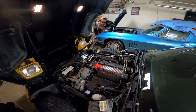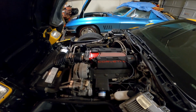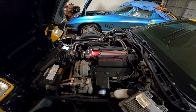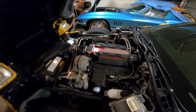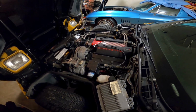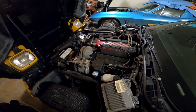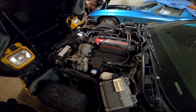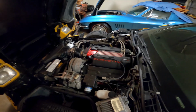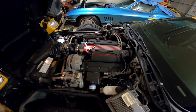Unlike most other motors that General Motors and Chevrolet produce, it was not corporatized, meaning it was not shared among the other manufacturers, with the exception of about 100 SLP SS Camaros that came out with LT4s the next year in 97. That was kind of a skunkworks project between General Motors and SLP. So this 96 LT4 you can basically consider the going away party, the hot rod version of